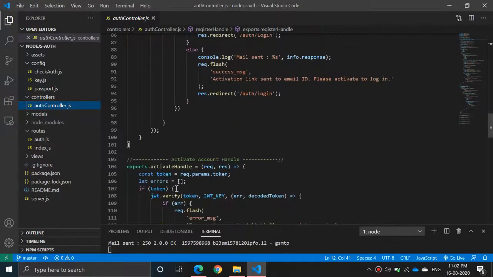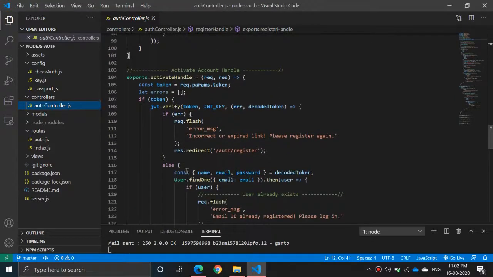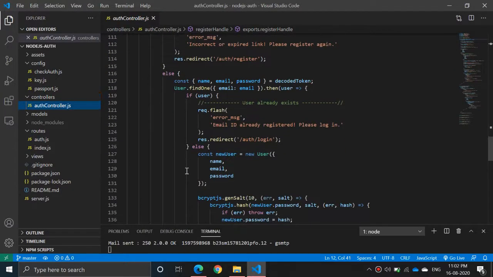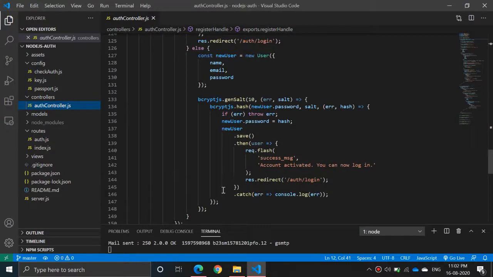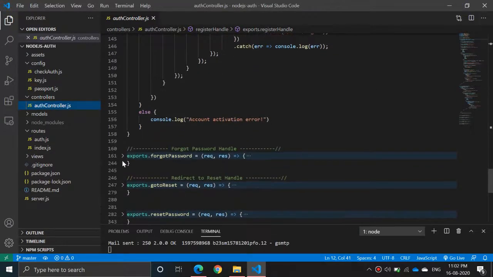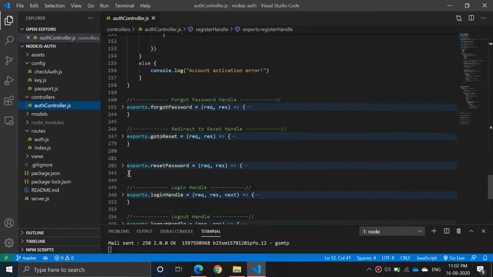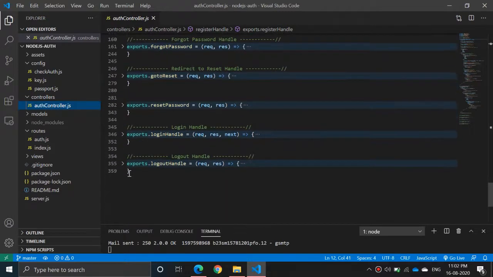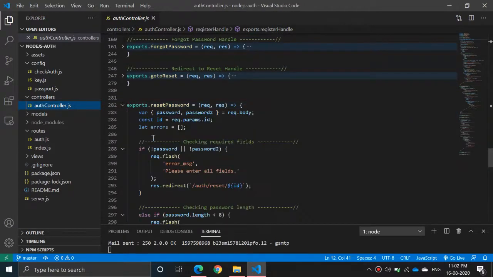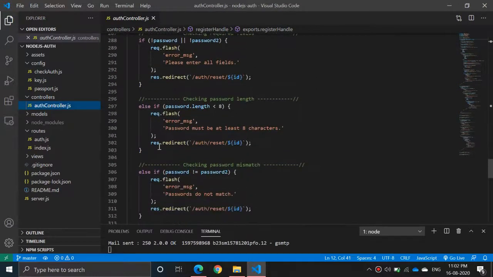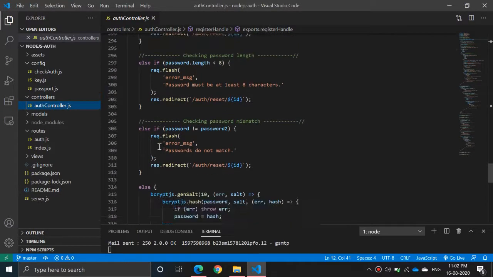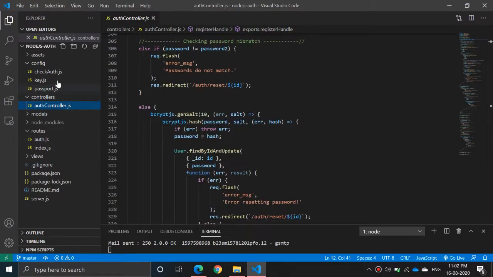And once that link is clicked, this activate handle will add the user to the database using bcrypt.js. It will encrypt the password and store it in database. And apart from that, the forgot password, go to reset and reset password handles all the functions of sending a user password reset link, and similarly. So this is how my code structure is defined.